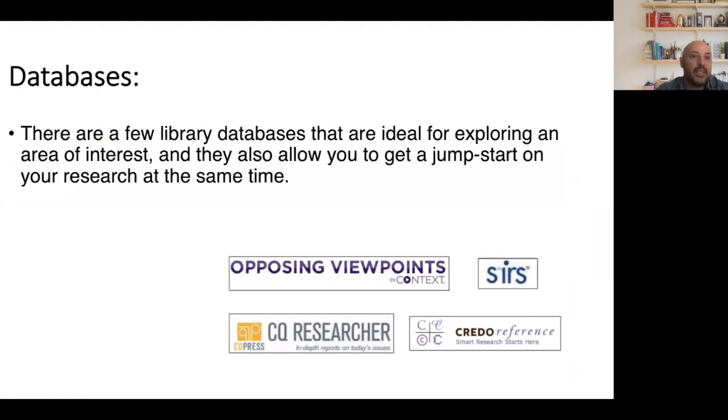There are many databases that also help you along with your internet search. There are a few library databases that are ideal for exploring an idea of interest, and they also allow you to get a jump start on your research at the same time. For example, you can go to CQ Researcher, Credo, or Opposing Viewpoints. They are like databases. You can just search your keywords there, and you will see